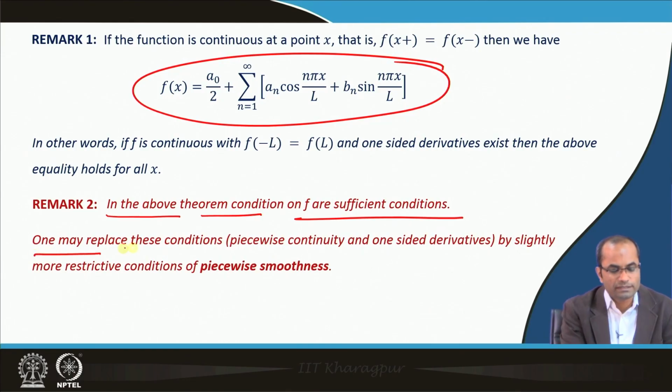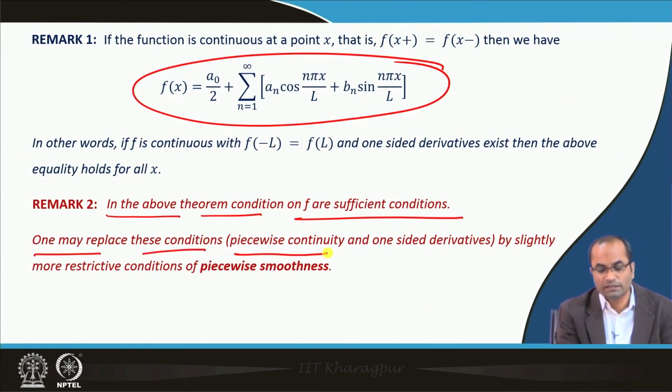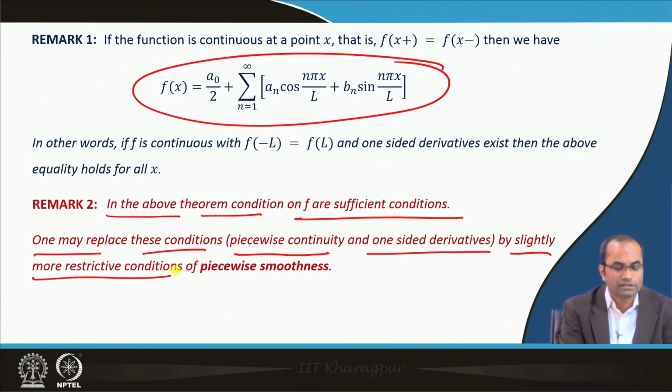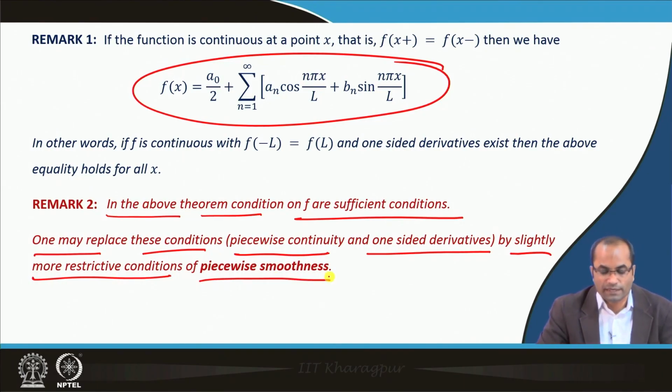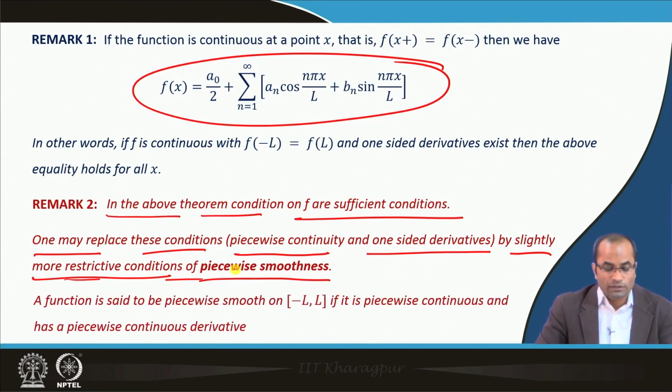So, one may replace these conditions, the piecewise continuity and one sided derivatives, and in many textbooks you will find, by slightly more restrictive conditions of piecewise smoothness. So, instead of saying piecewise continuity and one sided derivative, we can replace this by the slightly more restrictive condition of piecewise smoothness. What is piecewise smoothness? We will also discuss